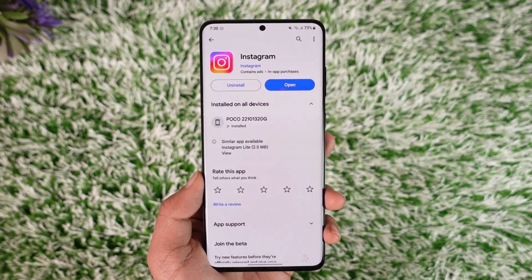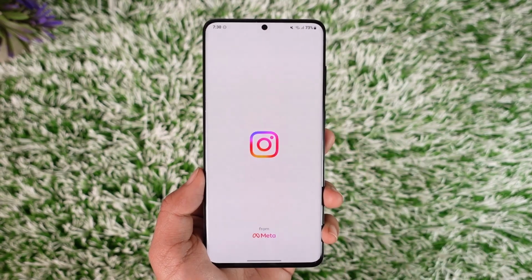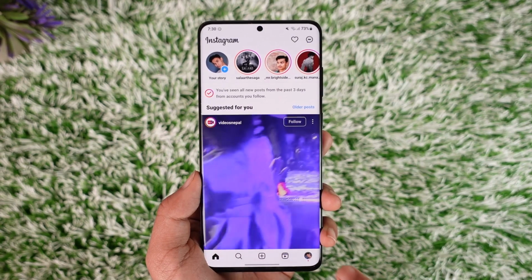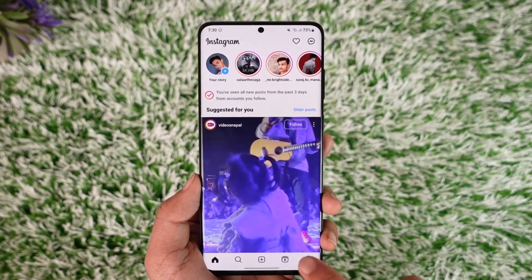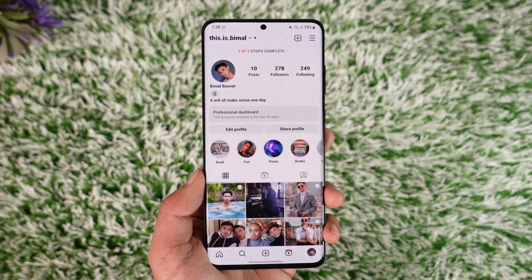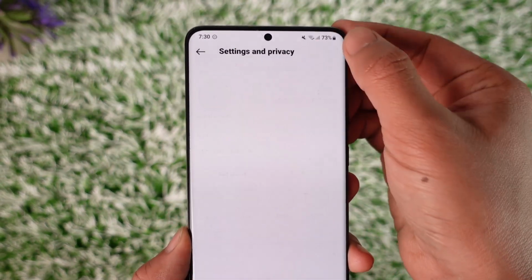So if you want to actually switch back to your personal account on Instagram, maybe right now you have a professional account and then you would like to switch back to personal, open up Instagram, then tap the profile icon from the bottom right, and when you come to the profile page you can currently see that I have a professional account. So just make sure to tap the three lines option located at the top right hand side of the screen here,